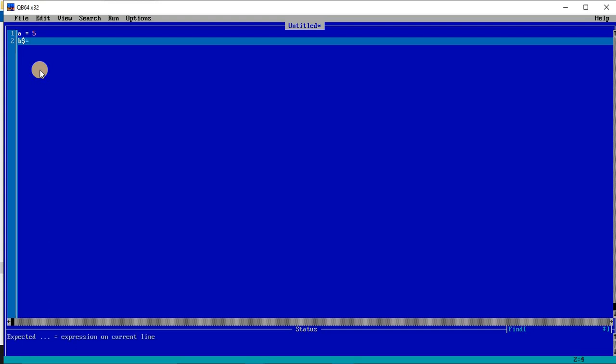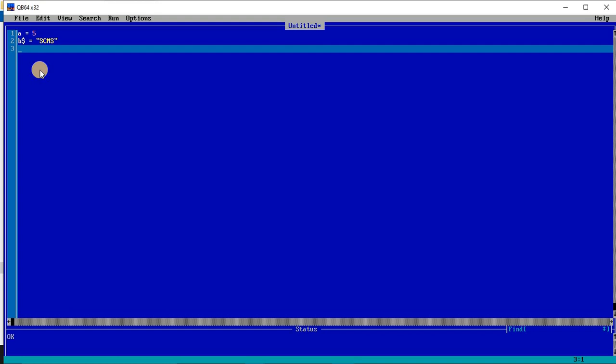So b$ is equal to, suppose I am writing over here SCMS, and within double quotes I have closed that one. I have pressed enter. See, b$ means b is another variable which can store a string. String over here means a bunch of letters. Okay, and a over here means a variable which is actually containing a number.